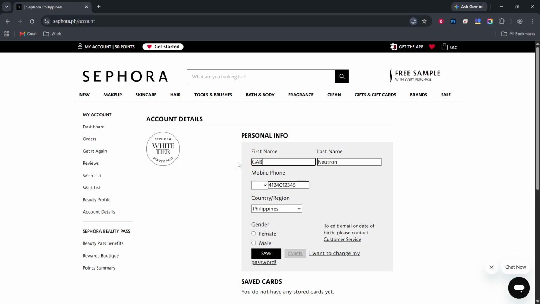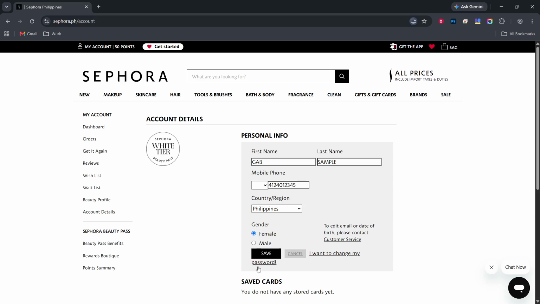With the editing mode open, change your first name and/or last name. Click into the first name field and type the new spelling or updated name you want Sephora to use. Then do the same for your last name field, updating it if needed, or leaving it as it is if you only changed your first name. Take a moment to double-check spelling, since whatever you enter here may appear on receipts, emails, and parts of your profile. After that, click Save.